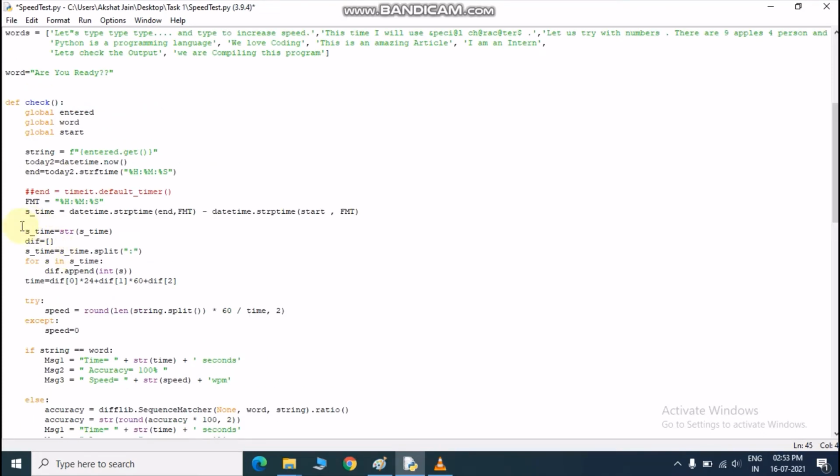Now basically what I want to do with s time is, this time contains the value which shows us how much time has passed between clicking the start typing button and the check button. That time basically shows how much time we have taken to type. So let me show you what I meant.